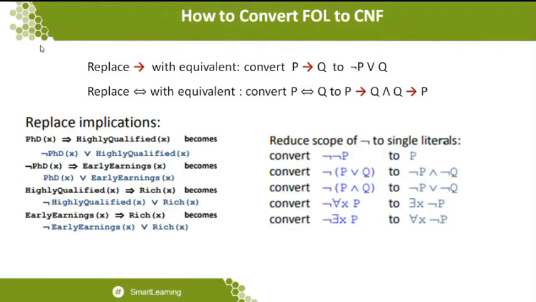But before going to the examples, let me again review how the replacement is made, especially when you are converting a first order logic statement to CNF. You can see on the right-hand side how the universal quantifier statement is handled and how the negation symbol is passed. This kind of practice is done on the right-hand side, especially when you are going for the scope.